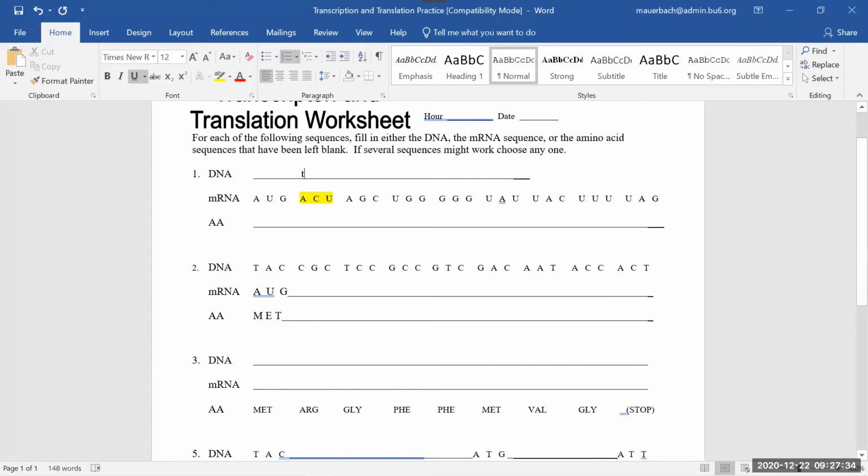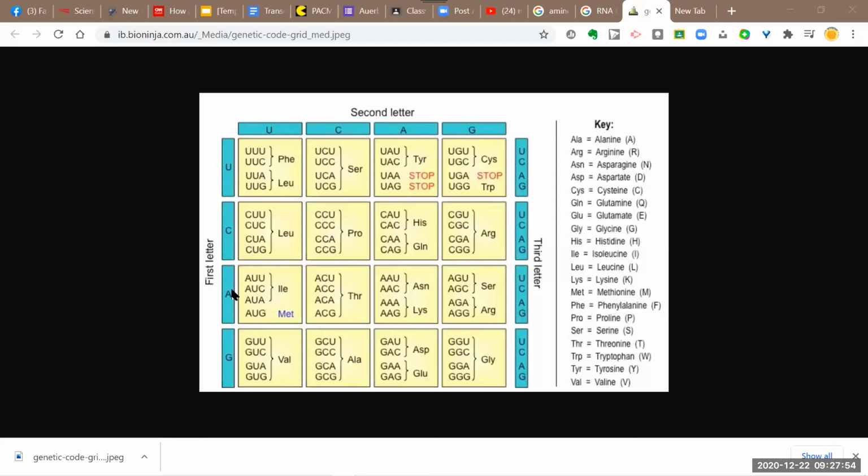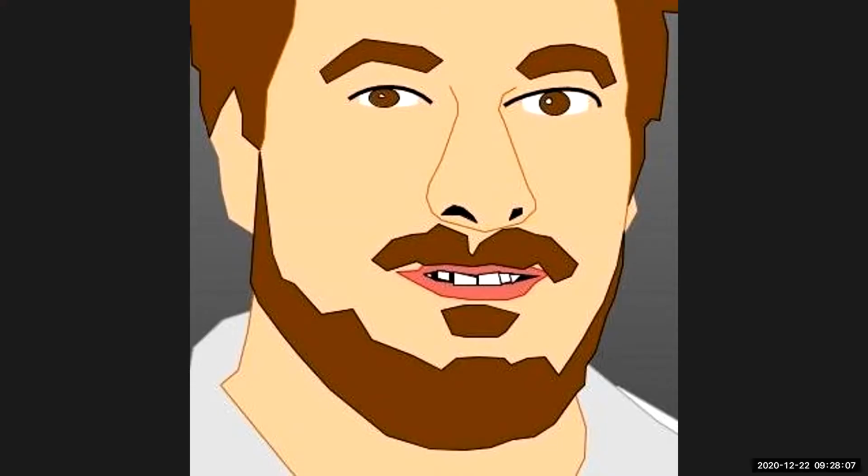A T is opposite of this A. And then you have the C here, which means that this must be a G, and then you have a U here, which means that this must be an A. Yeah, and just for the heck of it, ACU, the amino acid that goes with ACU, A, C. Everything in this box with AC is THR, which is threonine. And so now we go back, and I would put